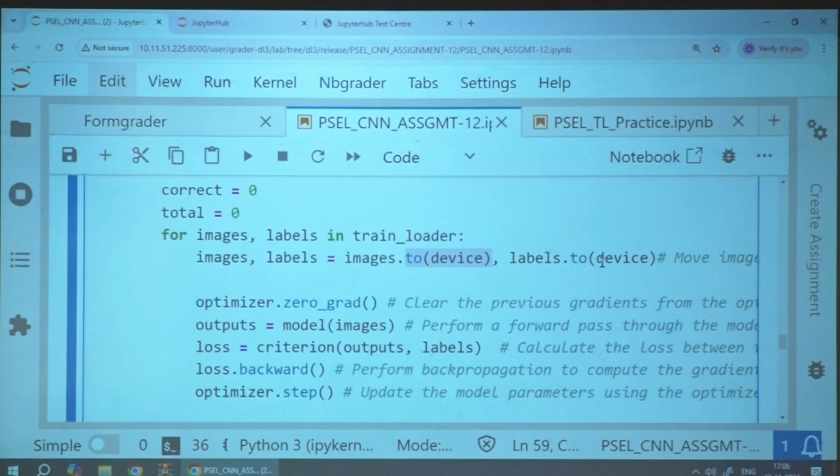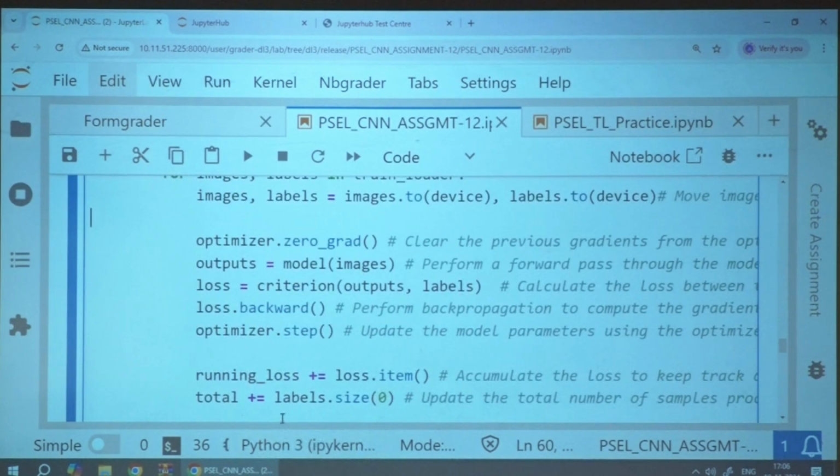Once you shift it, we have to create the instance of that once again. Once moved to those devices, we are restoring into the same variable names or else into other variable names. You can keep that. Right, this part is over. The next step is we are going to start our training.